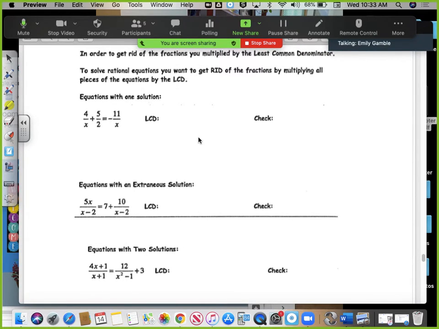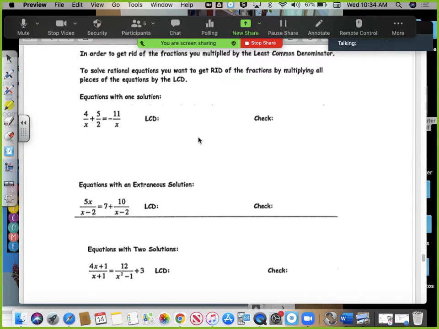So for these types of problems, you're going to start back at number 1. Factor everything that you can. I cannot factor anything in this problem. 4/x + 5/2 = -11/x, there's nothing to be factored. So now I look to see if one fraction is equal to another fraction. If so, I can cross multiply, but because of this plus sign, I cannot cross multiply, so I move on